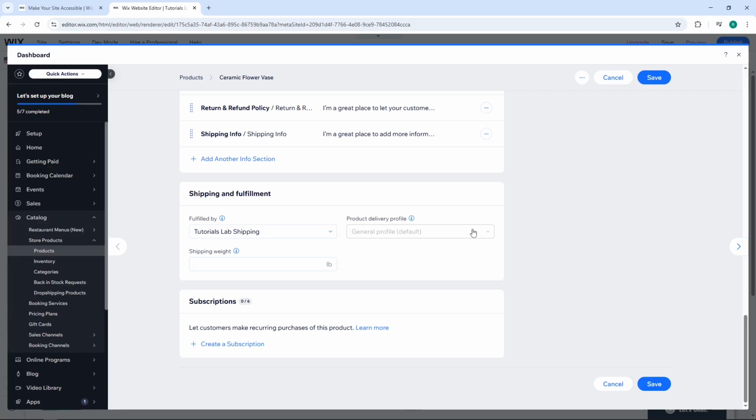And that's it. You've successfully edited and optimized your product page on Wix, making your online store more attractive and